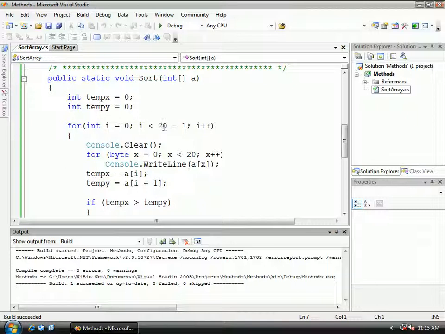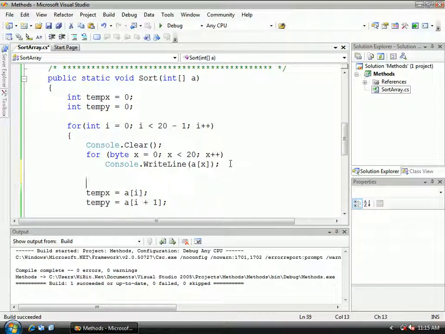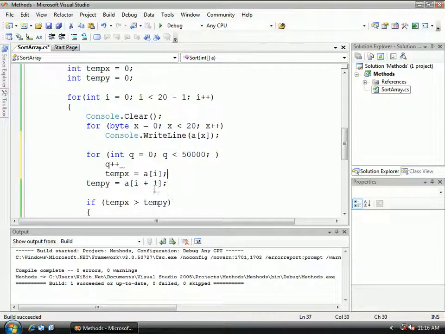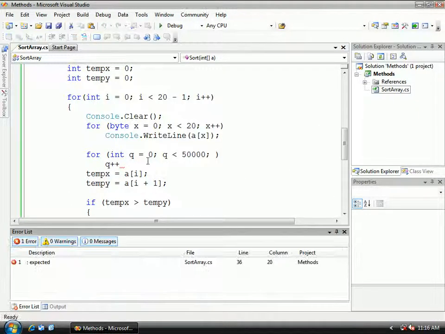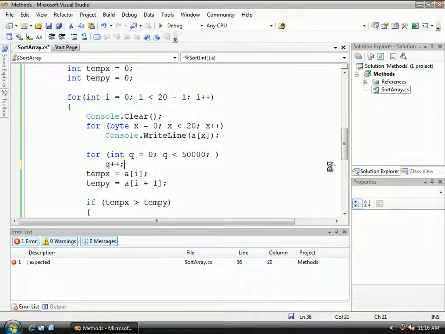So let me just try one more thing before I call it quits on this tutorial. And let me create something that's going to slow it down so we can see a little bit better. So right here, I'm just going to do, I don't know, ints. I'll do like q equals 0, while q is less than, we'll do 50,000, semicolon, and then here I'll do q plus plus. So what this should do is this should slow down the process. Control F5, I have errors, forgot my semicolon, Control F5,